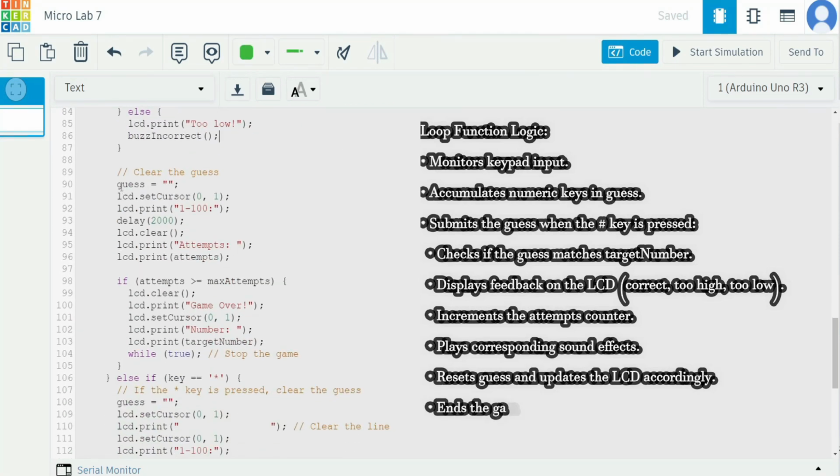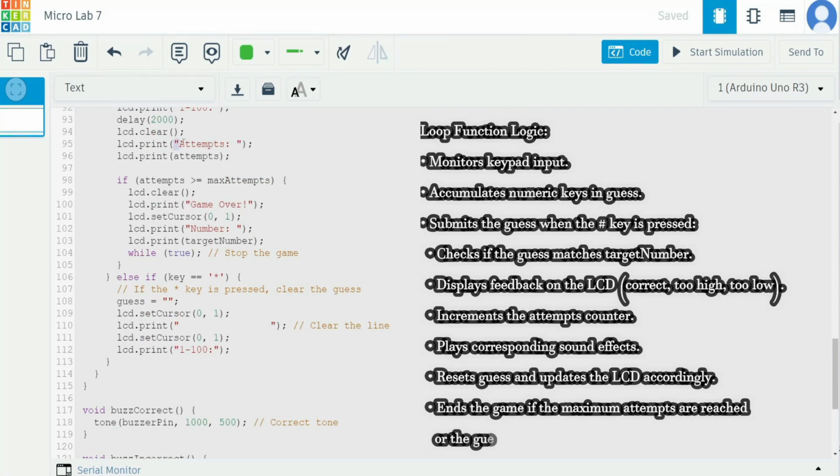And then it will clear the guess and print again, prompting us to enter a number from 1 to 100 depending on the target number. Obviously we're guessing the target number, and it will print again the number of attempts if we input another incorrect number. If the attempt is greater than or equal to the max attempt, which is 10, it will print game over,